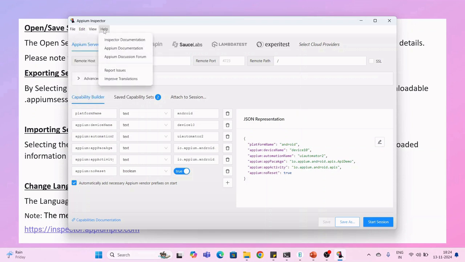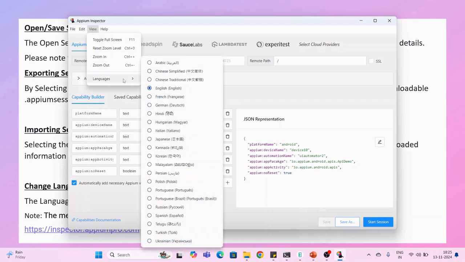In the Help menu we have the documentation here. If you click on Inspector documentation, it will open the Inspector documentation, the Appium documentation, and the Appium discussion forum, report issues, and improve translations. And one more important option is if you go under the View menu and select Languages,